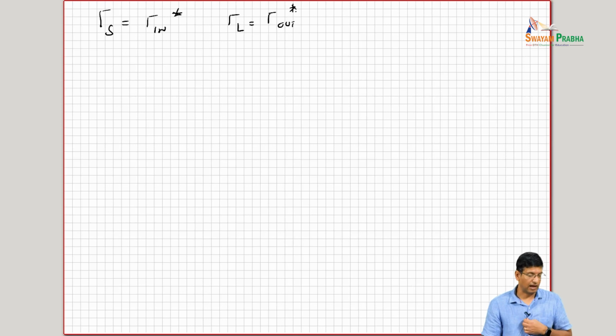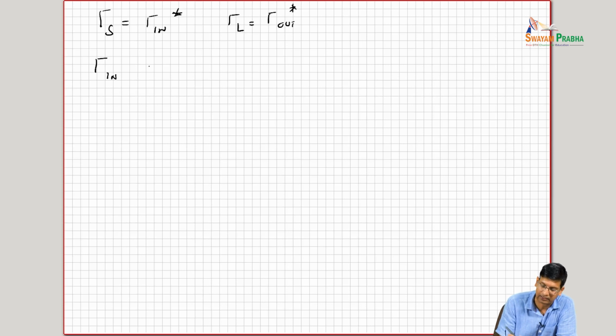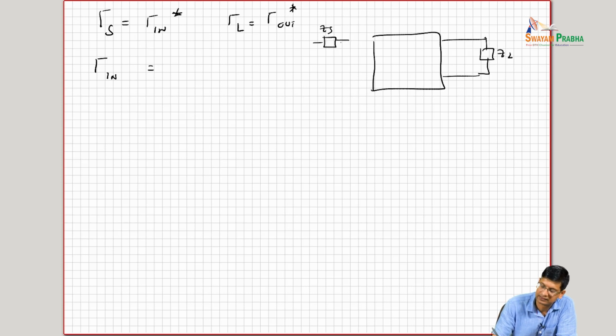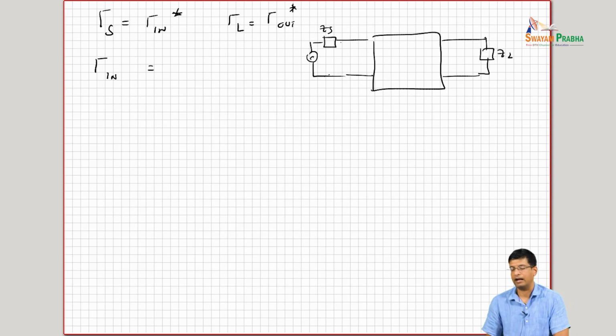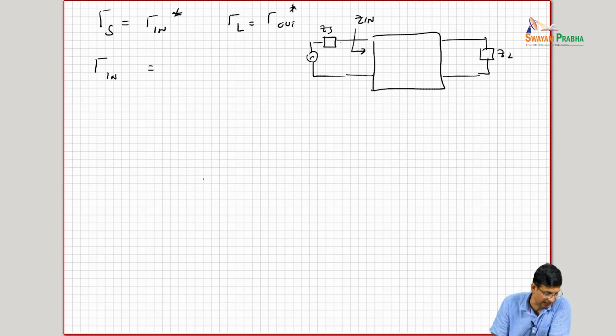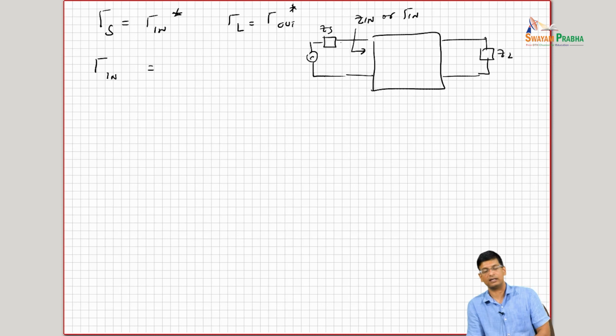Once we have this gain that we want to maximize, what we see is that we can show that basically the gamma in that you see in the network, this is the 2-port. It is terminated in the ZL, it's being driven by ZS, and what we basically see is that the Z in over here that we see, a Z in or gamma in, however we characterize that impedance,